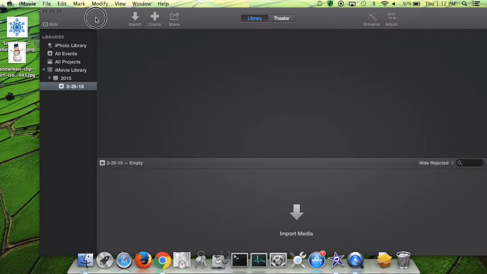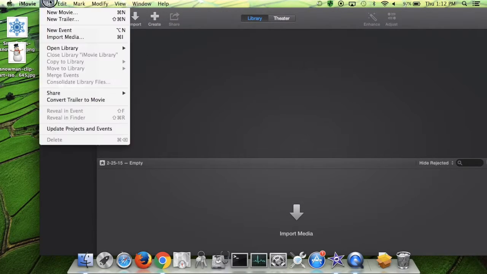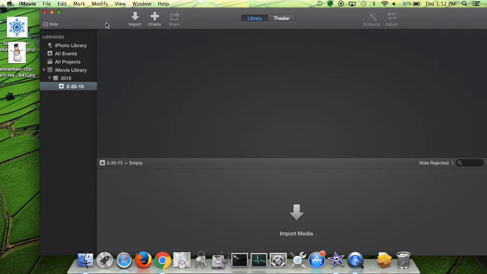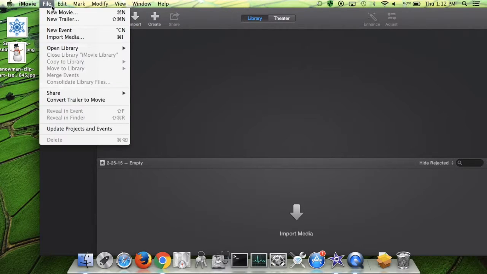In this tutorial, I'm going to show you how to use iMovie, start a new project, get some pictures in there, do some editing, and do voiceover. So let's get started. First, you want to go up to File, New Movie, and I will be using version 10.0.5, but everything is very similar. So click on File, New Movie,